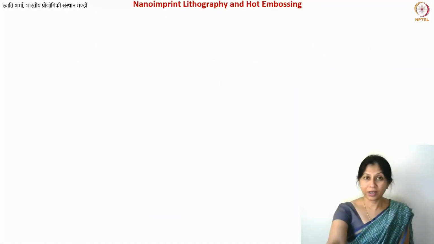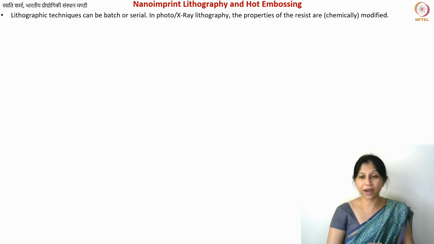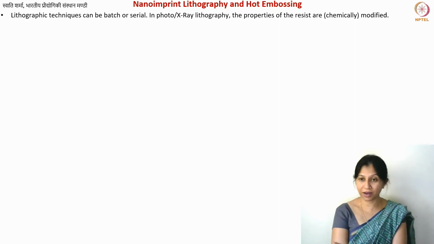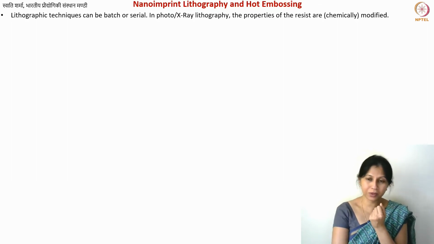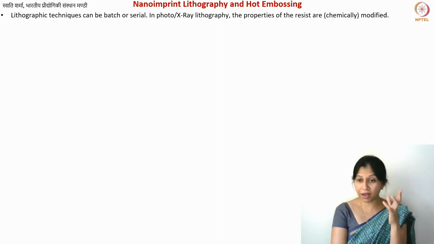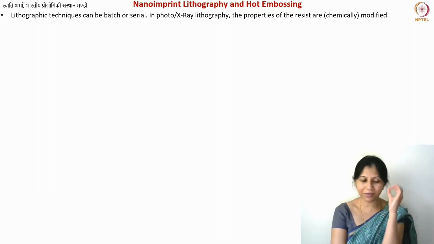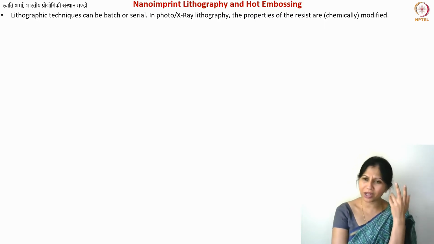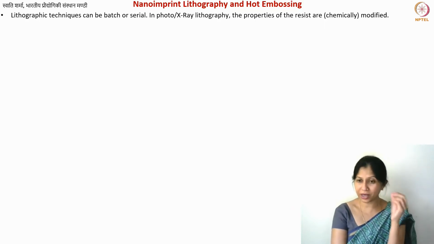Okay, coming to the next type of lithography, nano imprint lithography. So we were talking till now about micro scale structures, and what we can also do is make nano scale structures. Now you know that when you convert carbon structures, they shrink and convert from micro to nano. If you already have a nanoscale structure, then you can get very, very small structures. Nanoscale structures will remain in nanoscale.